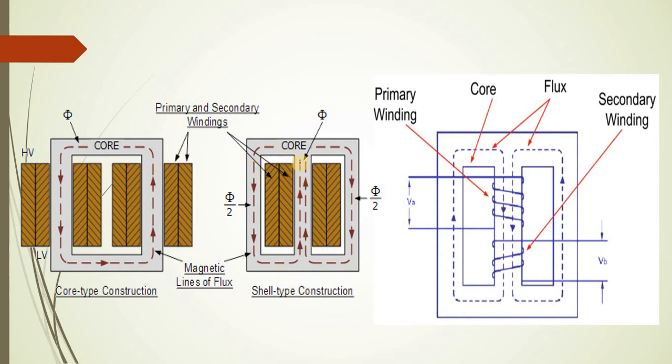In the case of the shell type transformer, you can see here this is the core, and this is the flux set up inside the core. Flux φ/2 and φ/2 passes through the outer limbs also, and this is the central limb. On this central limb, the winding wound near the core is again the LV winding, and away from the core is the HV winding. So in the shell type transformer you can find this is the core, this is the flux, and this one is the primary winding and this is the secondary winding. Likewise the windings are put over here.